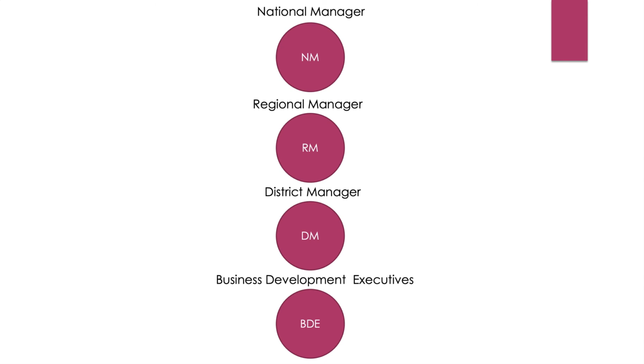Let's understand the hierarchy, how the business happens. Suppose there are 500 business development executives working in Apollo. Every business development executive has their own user ID and password. These people go to hospitals and drop their samples. Every 10 business development executives have one district manager. As per that, for 500 business development executives, we have 50 district managers. These 50 district managers report to regional managers. Every regional manager reports to their national manager, depending on their country. That is the role hierarchy typically found in all kinds of business organizations.